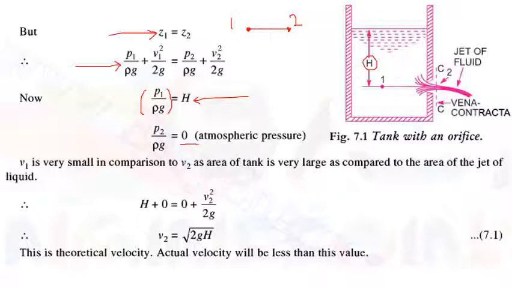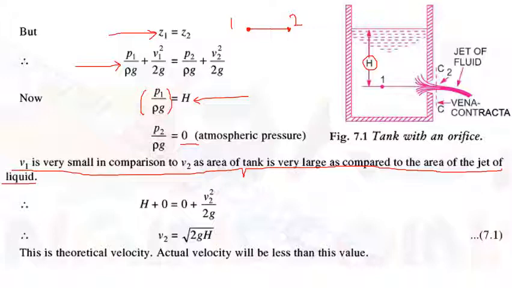V1 is very small in comparison to V2, as area of tank is very large as compared to the area of the jet of the liquid. This is derived from the continuity equation. In the continuity equation, we know that A1 V1 is equal to A2 V2, right? A1 V1 is equal to A2 V2,